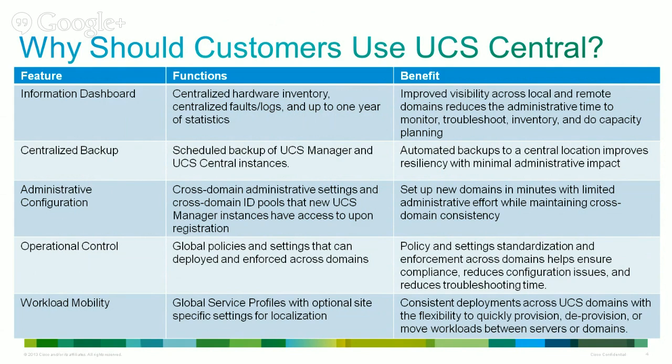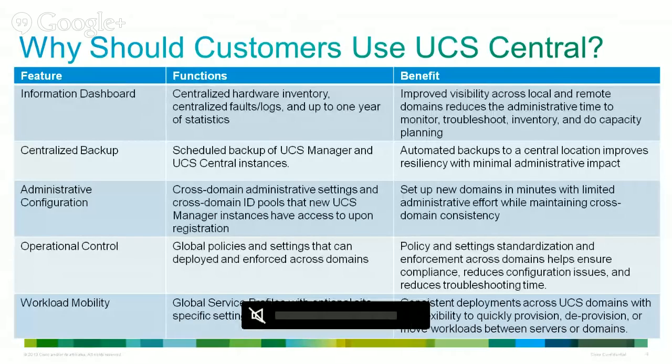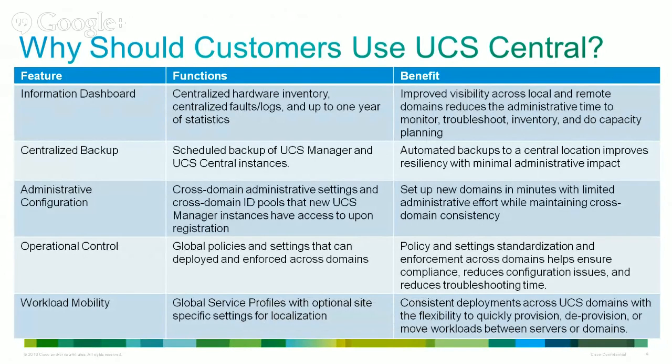It also means that I can take a workload running on a server over here in one rack, and if I have a different domain in the same data center, I can move that workload there. If I have a different domain in a different data center, I can move it to a different data center as well, with all the connection policies, with all the identifiers, things like that. Where does that mobility become very interesting? Well, think about it as,